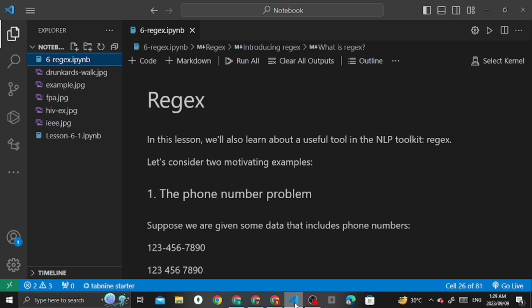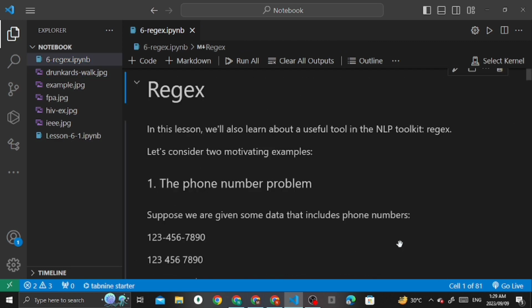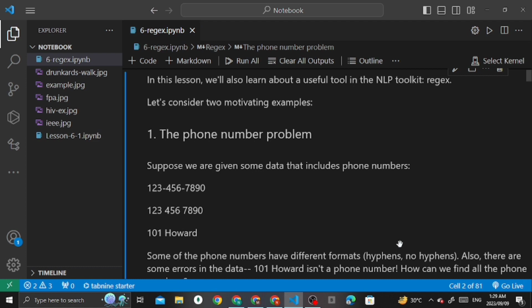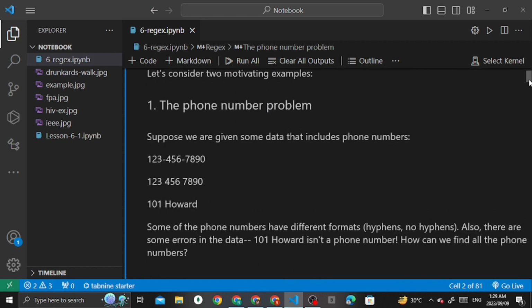So the phone number problem, let me explain. You can visit it after the class, because it's really simple and related to maths. This problem involves identifying phone numbers within a data set that vary in format, with or without hyphens, and may contain errors, like you can see here actually 101.